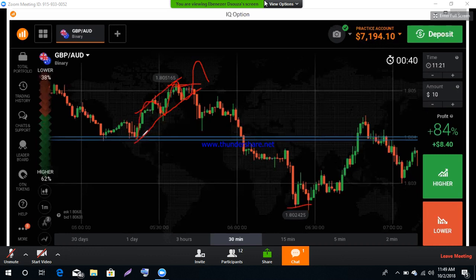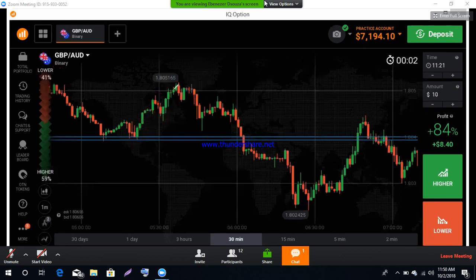Okay, you can see this is a small minor trend. The market is moving like this. This is the trend, but here the market reversed from this place. It means the uptrend is completed here. This small uptrend is completed here. Trend is completed. It is reversing from this area. So now again the market is following the major trend from this place.